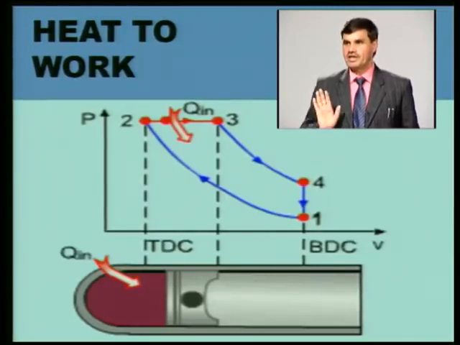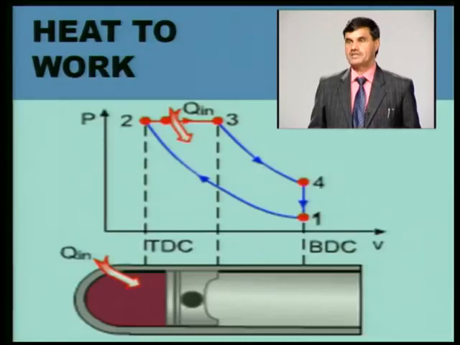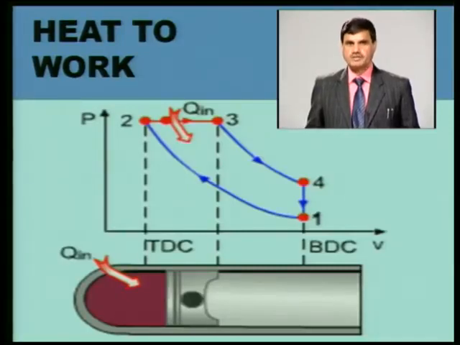So, hypothetically again, assume that there is no friction and no heat exchange between 3 to 4, but the 4 to 1 process is a heat rejection process into the surrounding. So, part of the heat Q which you applied is getting converted into work, but some of the heat has to be rejected into the surrounding. That heat has not been utilized for conversion into work. That is why the efficiency of this type of cycle is not 100%.